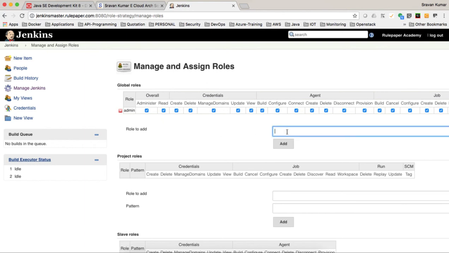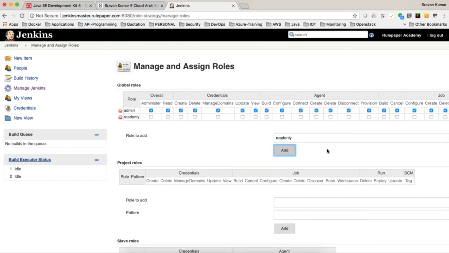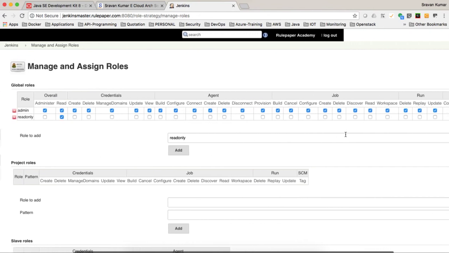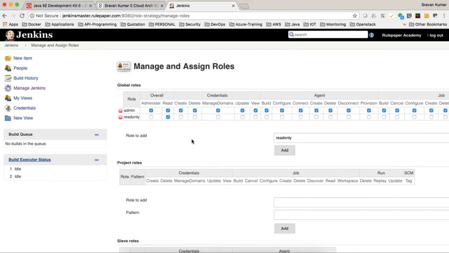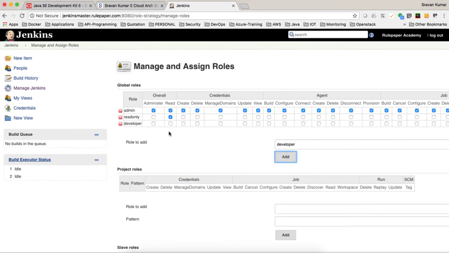Now let's say that I want to create a read-only role. You can add it. Now you see that the read-only role is created. You can assign Overall Read, and I don't want to assign any other permissions for this. I want to add one more role called developer. So click on add, and for developer I want to give Overall Read,